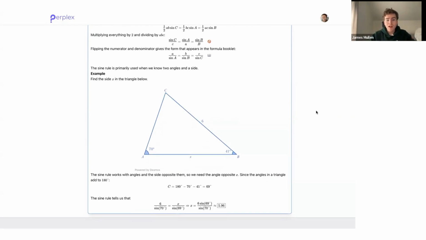So let's do an example. I'm trying to find x in the triangle below. I know 6 and the opposite angle 70, so I can write 6 over sine of 70 degrees is equal to,